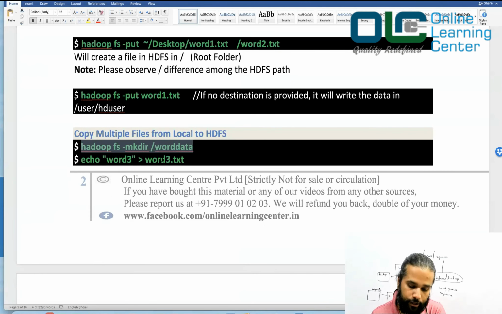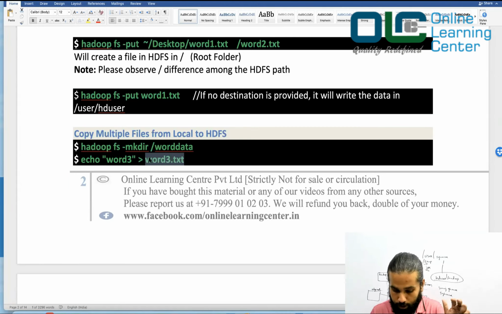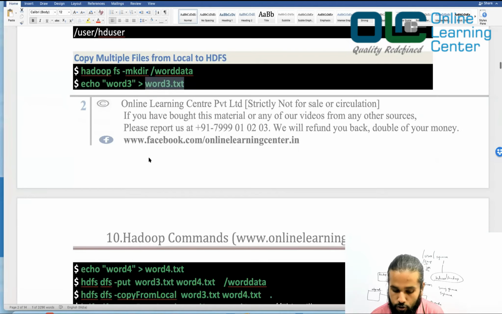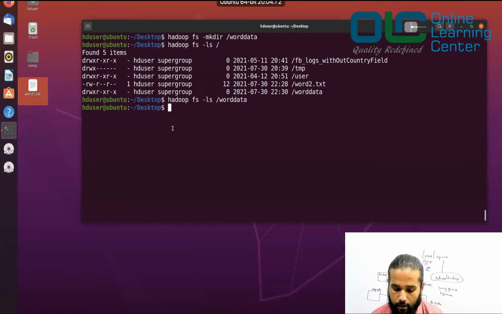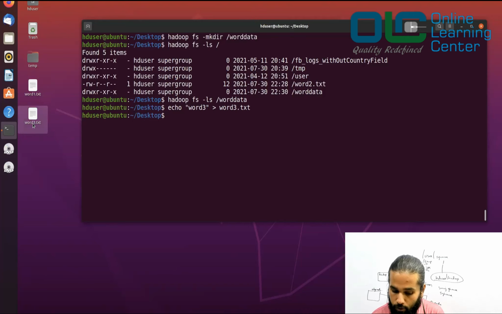Okay, now what I want to do is create another file called word3.txt. How? By saying echo word3 and then putting it into a file, right? So either you can use echo or you can use vim, whatever works best for you. Currently I'm pointing toward the desktop, right? So when I execute this command, it will copy word3, just word3 is the content, into word3.txt, enter, and it will create a file called word3.txt which contains the word word3, right?